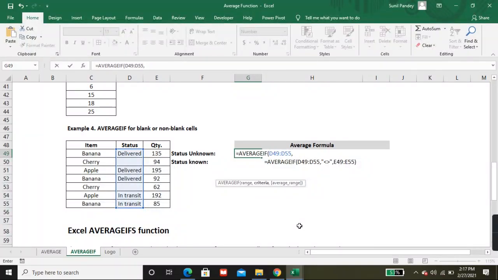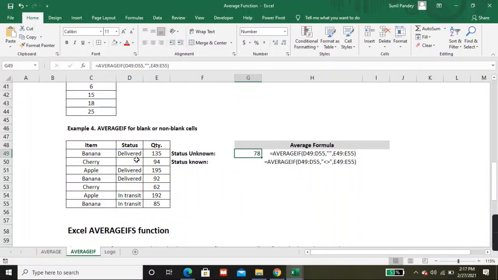So criteria I'll put blank and the average range, bracket close. Means wherever it is blank it will consider. Average is 78.